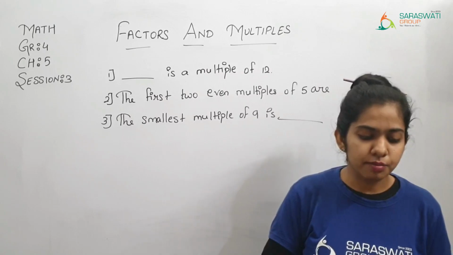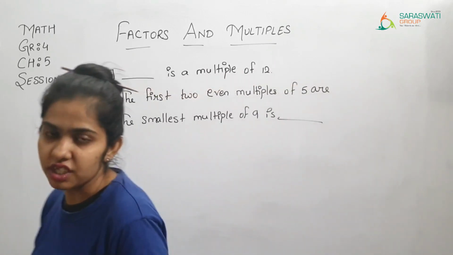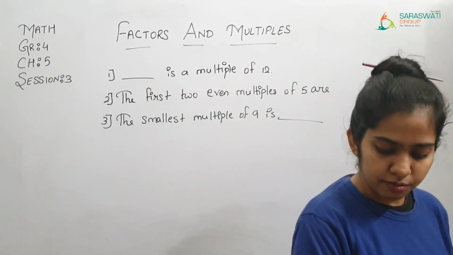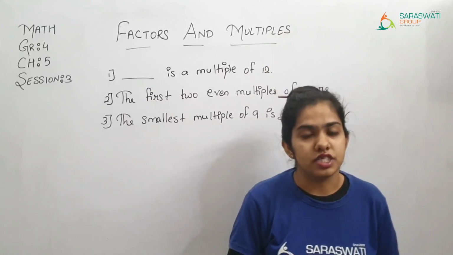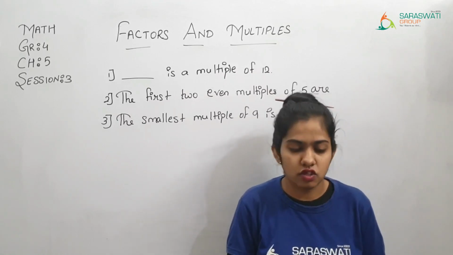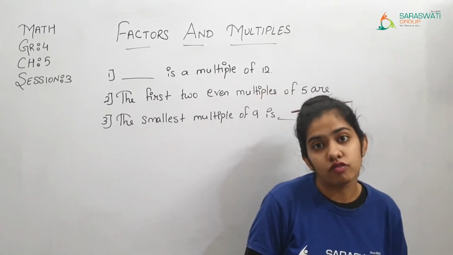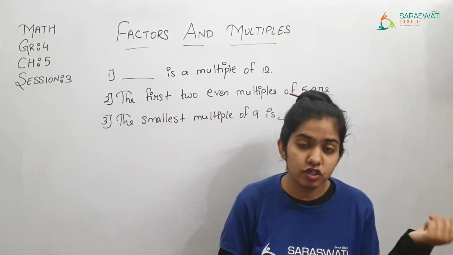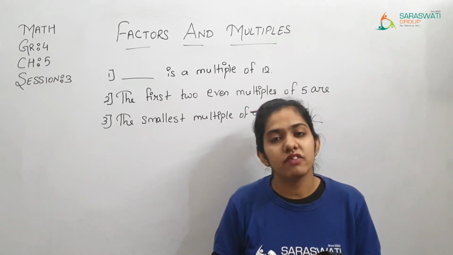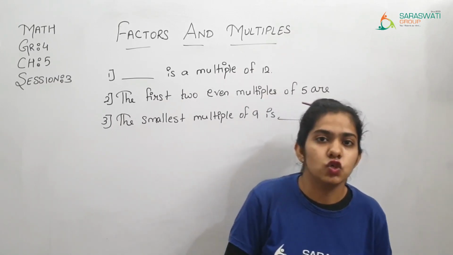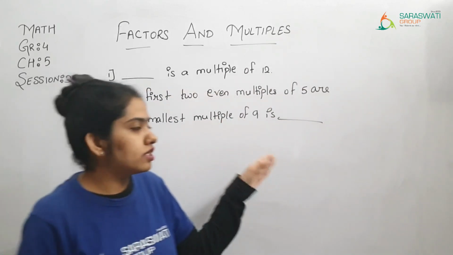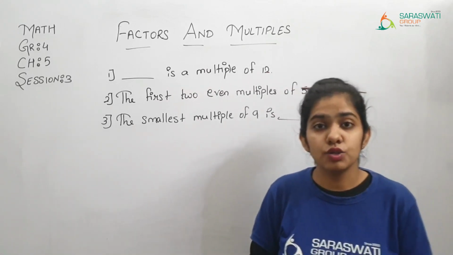Then afterward, 50 is a multiple of both. 50 is a multiple of which two numbers? 5 and 25. Then 5 and 20. 50 does not appear in the table of 20, so 20 is not the answer. 20 and 25, again 20 does not work. So the first option is right: 5 tens are 50, and 25 twos are 50. So 50 is a multiple of 5 and 25. In this way you are supposed to choose the correct option and write down the answer.